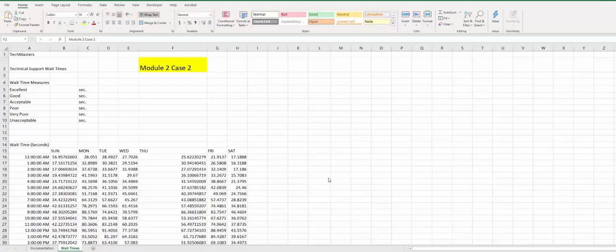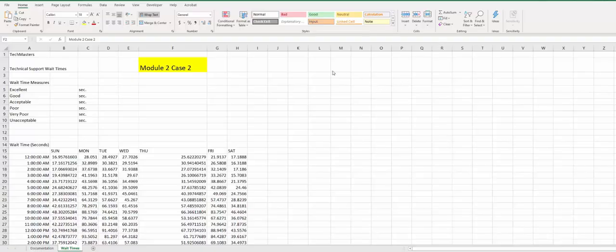Today we're going to work on Module 2 of the textbook. Module 2 contains more formatting of the Excel sheets, so it doesn't contain much of the functions or calculations. Again, more formatting, more working with fonts, different colors, styles, things like that. I think one of the most important things, however, is working with